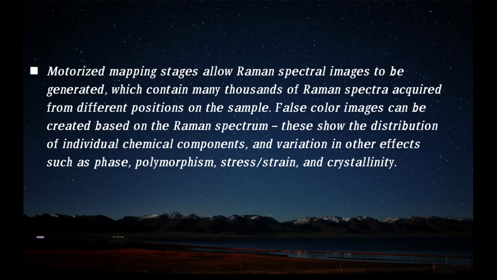Motorized mapping stages allow Raman spectral images to be generated, which contain many thousands of Raman spectra acquired from different positions on the sample. False color images can be created based on the Raman spectrum. This shows the distribution of individual chemical components and variation in other effects such as phase,